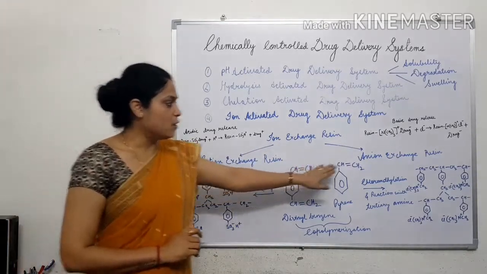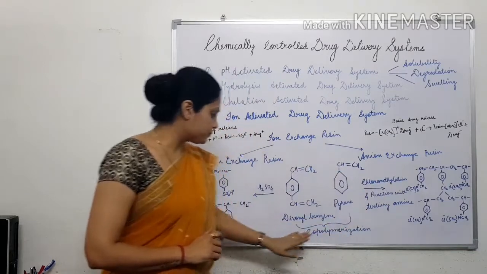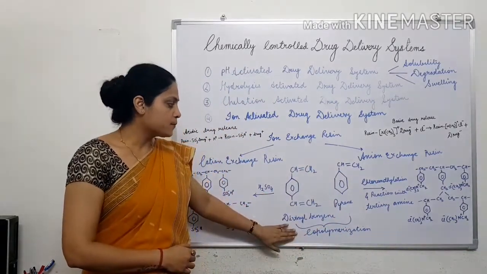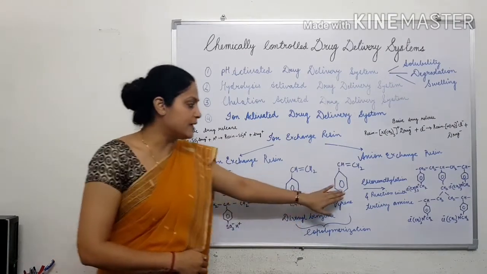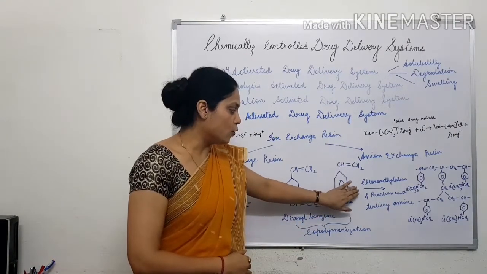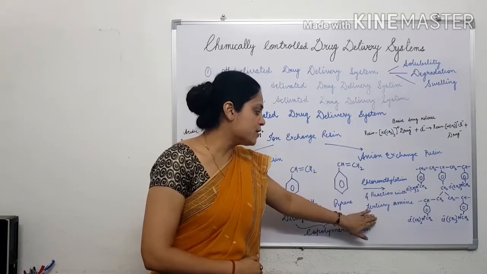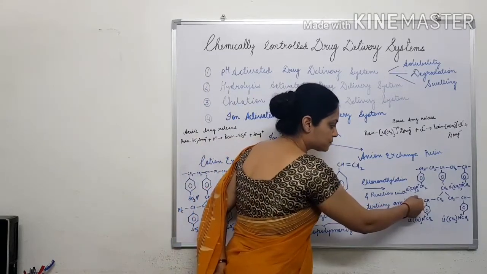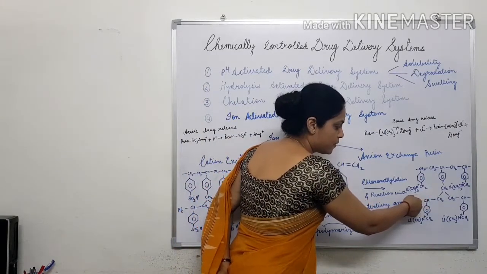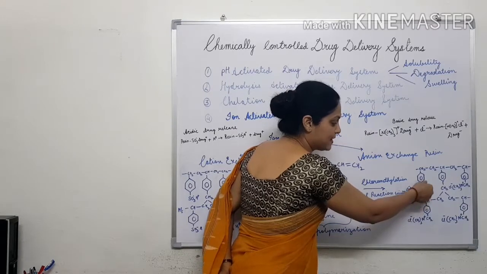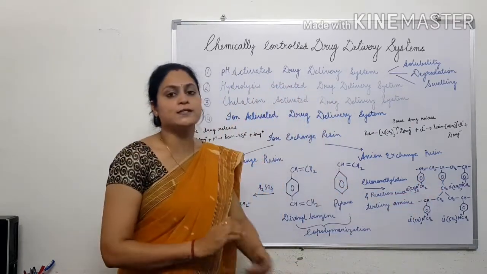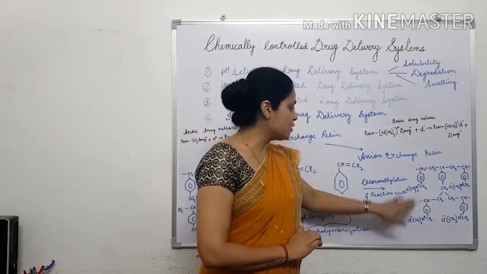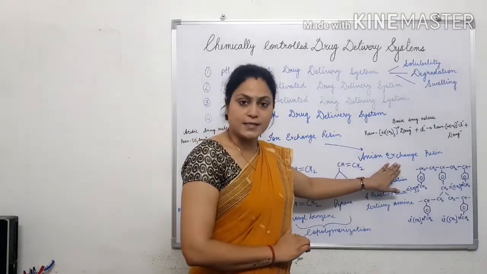Similarly, in case of anion exchange resin, the divinyl benzene and styrene copolymer is chloromethylated and then followed by reaction with the tertiary amine. This results in the insertion of trimethyl ammonium group to the various benzene rings present in the three-dimensional structure of this copolymer, resulting in the formation of anion exchange resin.